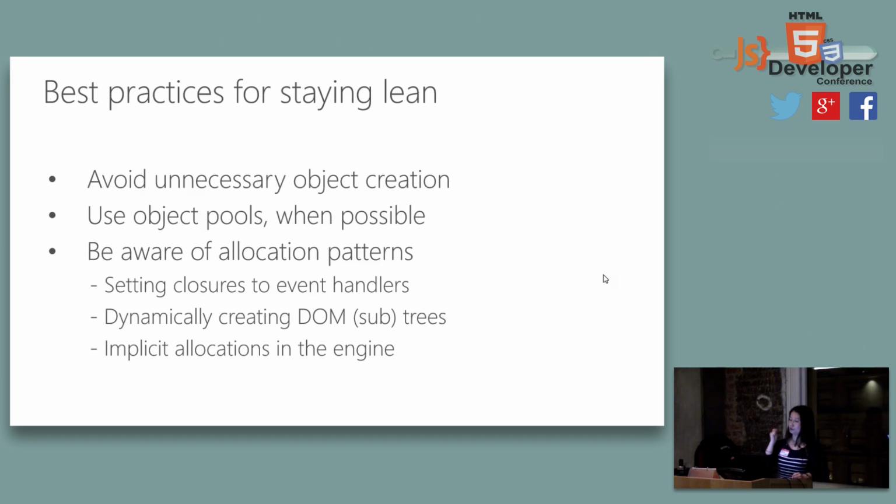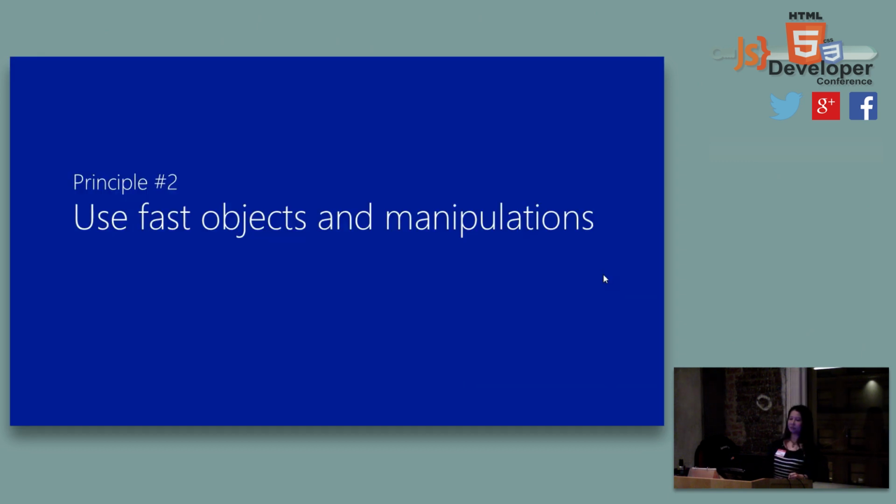Try not to do a lot of dynamic creation for the DOM tree, because the DOM tree is always very, very expensive, right? That's something you need to keep in mind. Do not do implicit object allocation, like a bunch of new, like what I did, right? This is always good. So these are a few tips for you to stay lean. And then the thing to watch out for is your garbage collection.